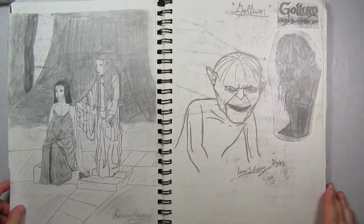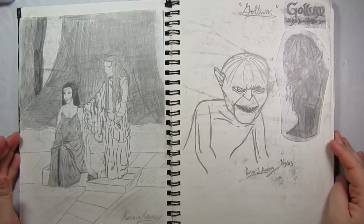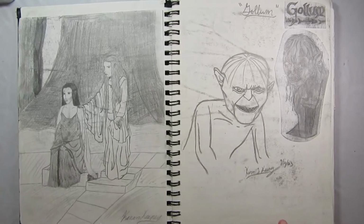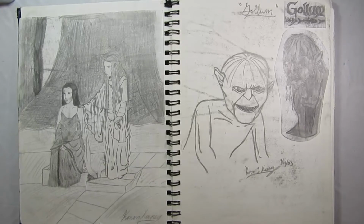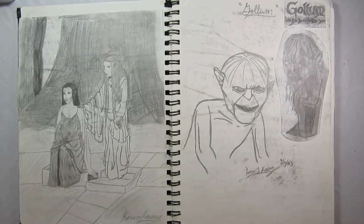So my last sketchbook was mostly dragons and dinosaurs. Most of this one is going to be Lord of the Rings, because the first movie came out a couple of years before, I think in 2001, so this was after Two Towers came out, and I was really hyped for the final movie, and I had all these magazines and stuff. Pretty much anytime we were in the grocery store and there was a magazine about Lord of the Rings, I grabbed it. And I used them to draw,